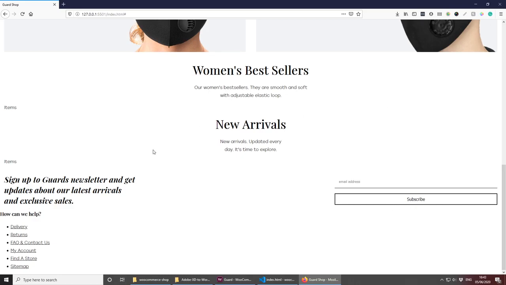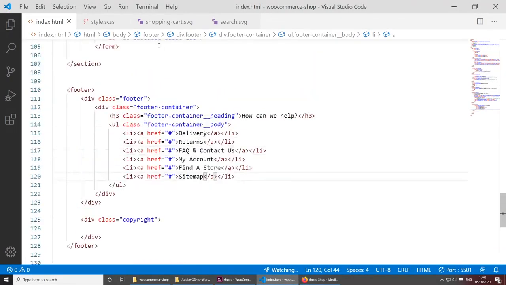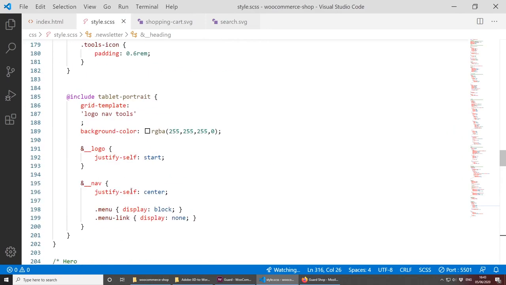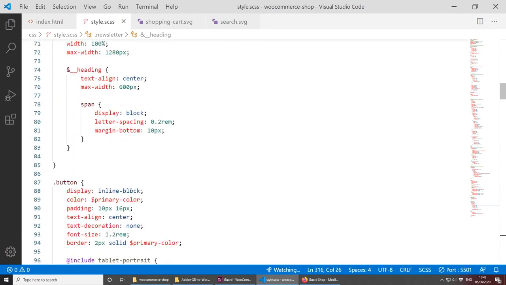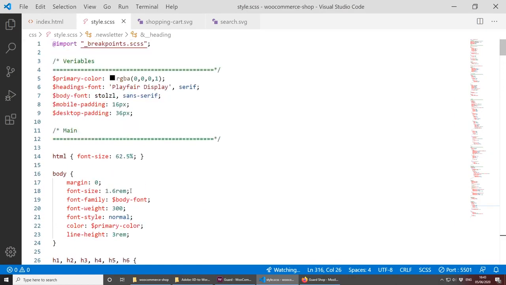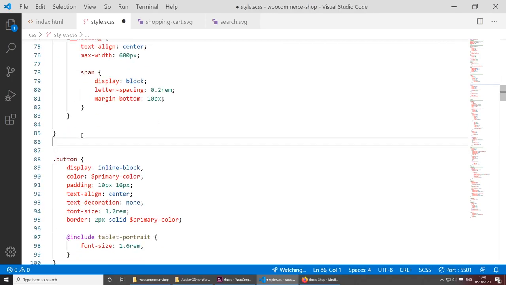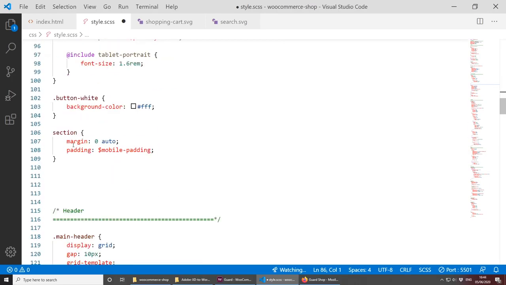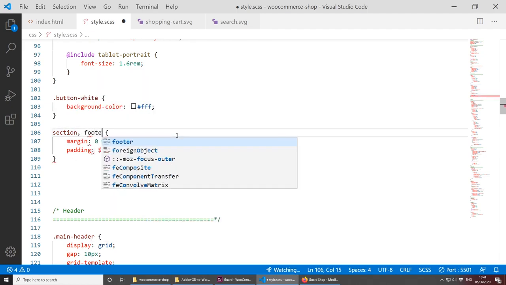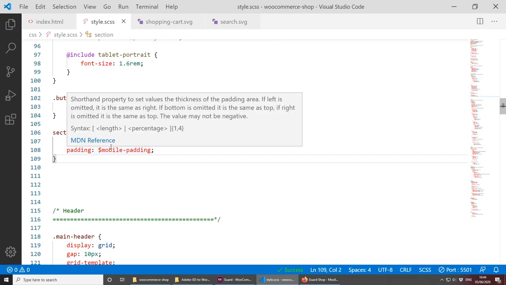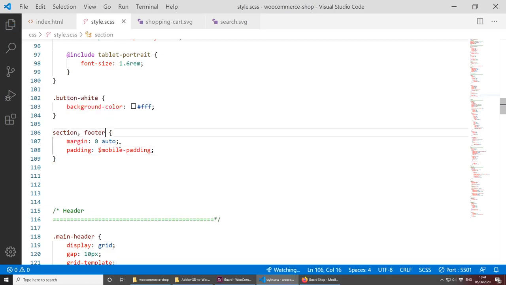I could definitely do with some spacing between every single element. But we can also, if you remember, we added in styles.scss, we added this wrapper class. So if we go there, we can probably reuse this. So just underneath the wrapper, let's find where the section is. Okay, this section here, and let's add 2 more classes, and the first one is going to be the footer, because I want to have the same equal space. And also we're going to probably need one later on called content area, which will be for our other pages. So let's add it now,